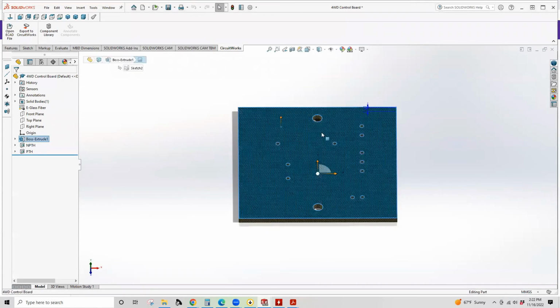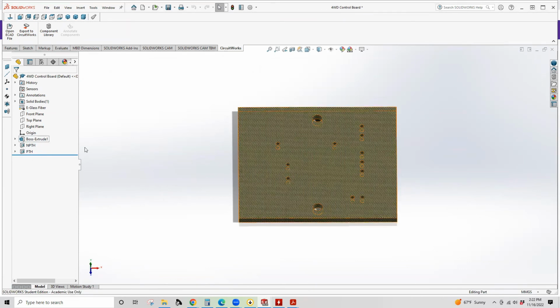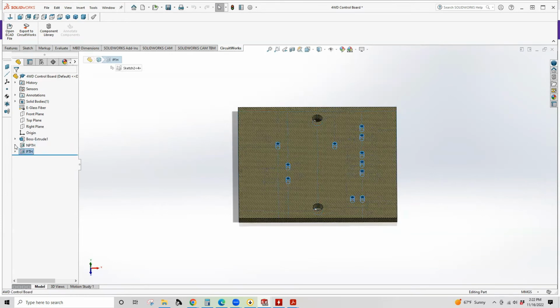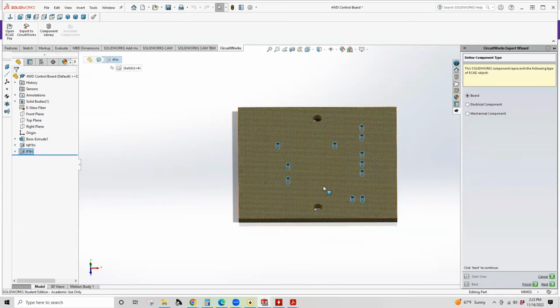Once we've got this component set up, the reason I recommend doing the naming similarly is it looks like Circuitworks can pick up on the nomenclature. So if you do two separate features, even if it's from the same base sketch as it is here, it doesn't have to be a separate sketch. Even if it is, it looks like Circuitworks is picking up on it. So when we go to export this as a board instead of an electrical or mechanical component,